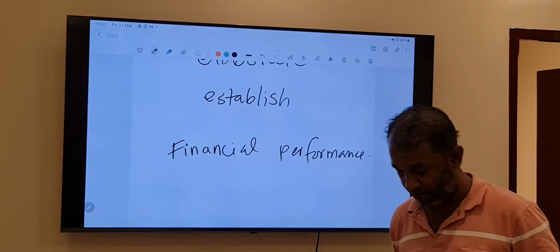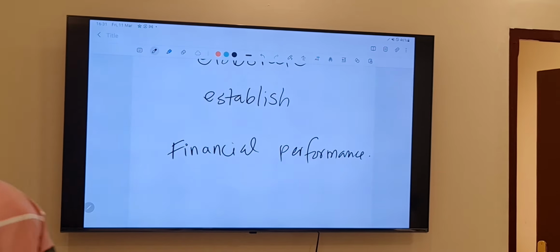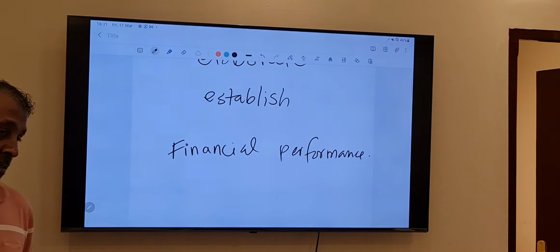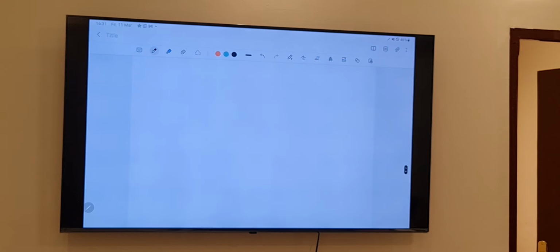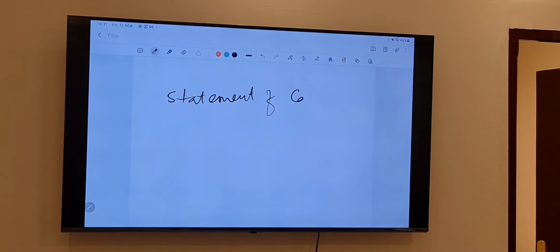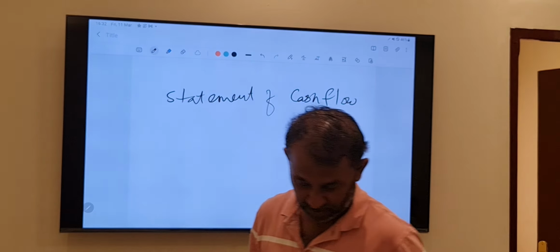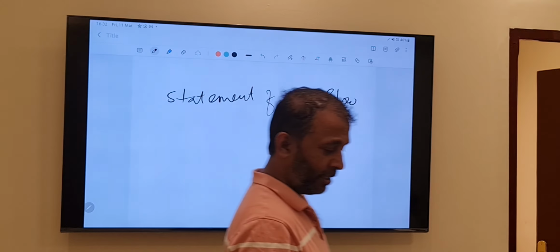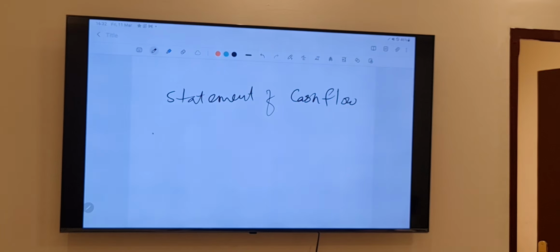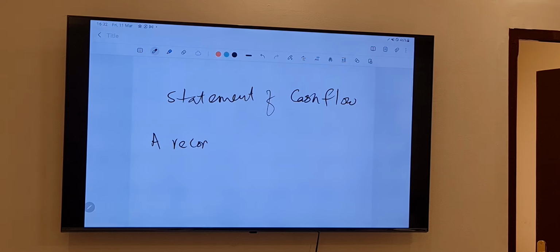Statement of cash flow. A reconciliation of